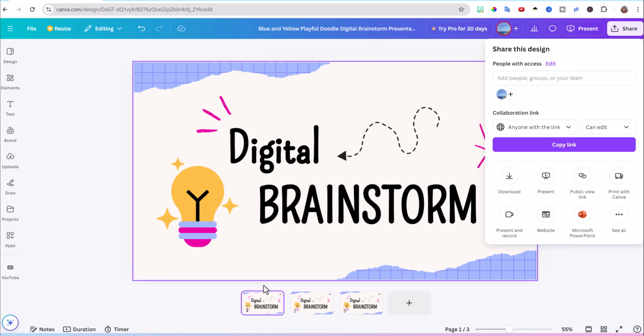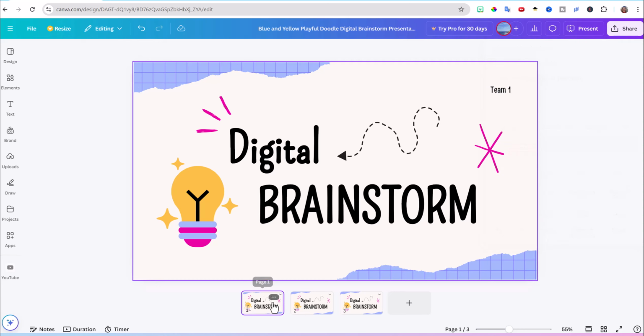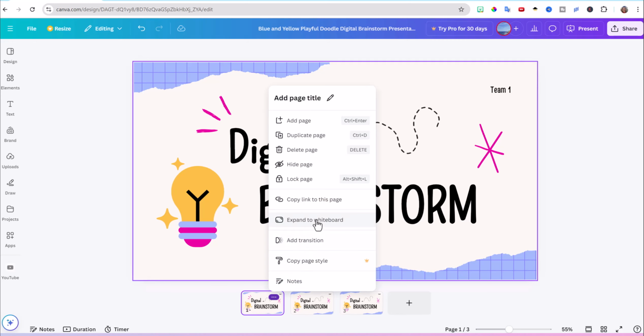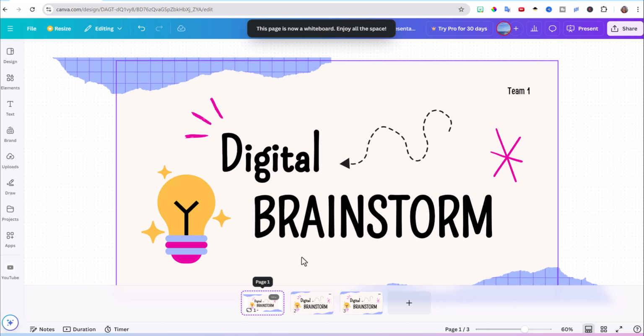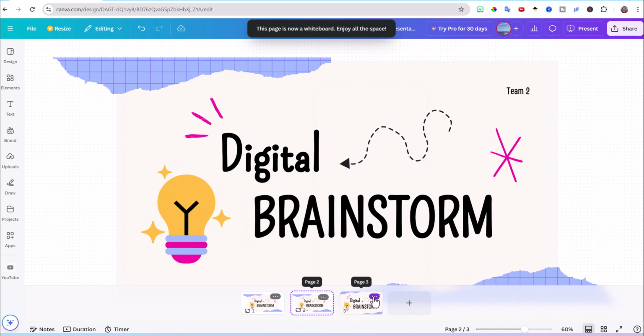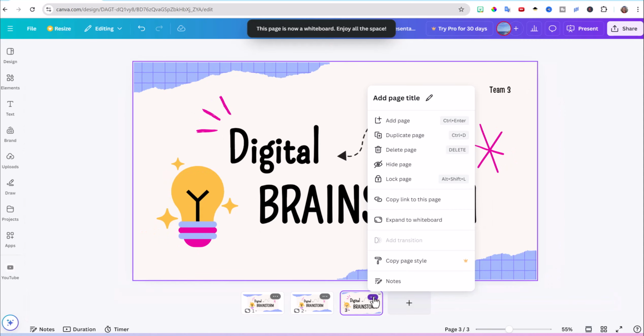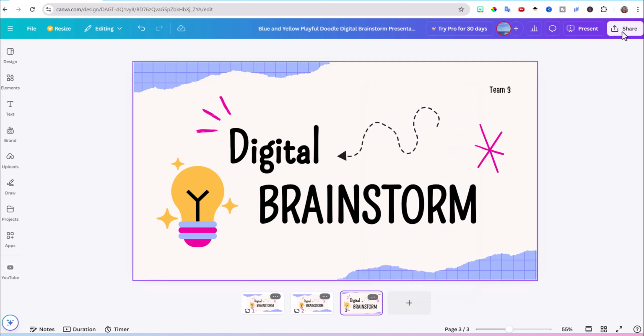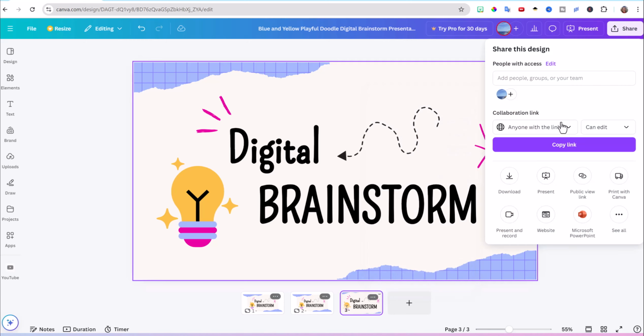Because this is a slide presentation, you want to make sure you go to each slide, click on the preview at the bottom, click those 3 dots, and you want to expand it to a whiteboard. This way, everyone can access it. Now, I always let my students know, don't be writing on anybody else's whiteboard. So then we go, share, should be the same link, anyone with a link, copy it, and share it through